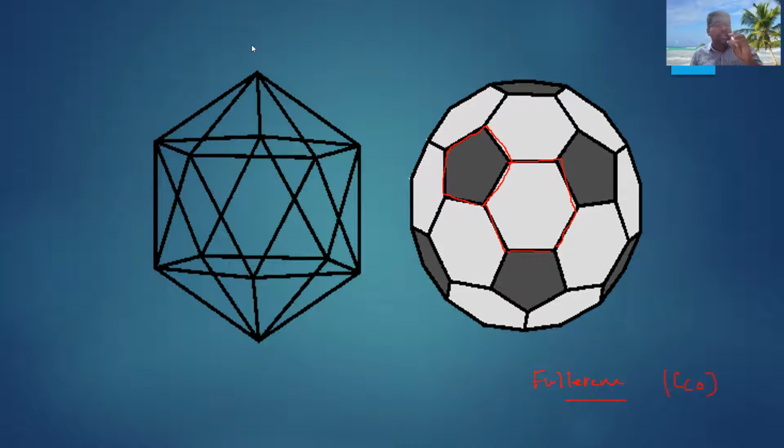How many pentagons and how many hexagons are present in the structure of fullerene? That is the most important point in our competitive examination. Twenty hexagons are present, and 12 pentagons are present. Keep it in mind, don't confuse it in the examination. So 20 six-membered rings and 12 five-membered rings are present in the soccer ball, the structure of fullerene. Write down that point clearly.